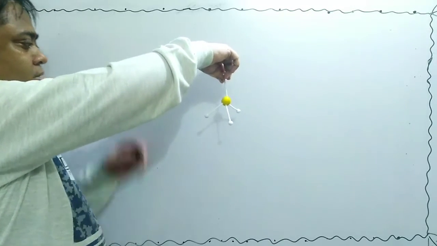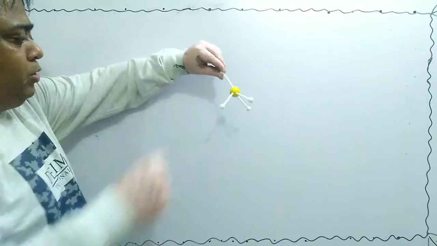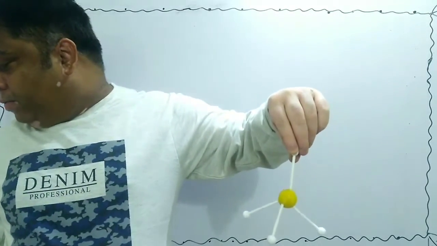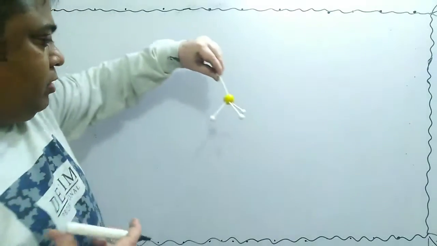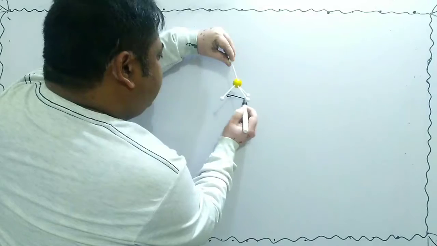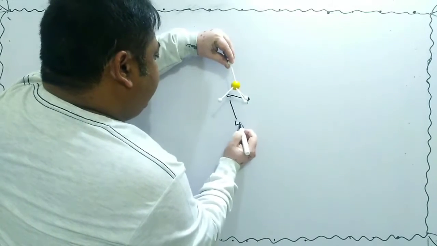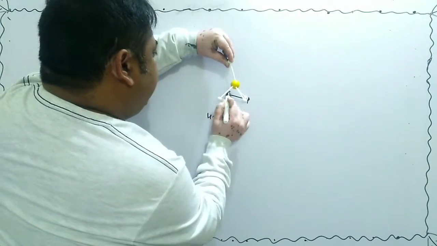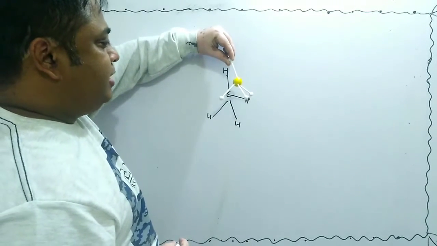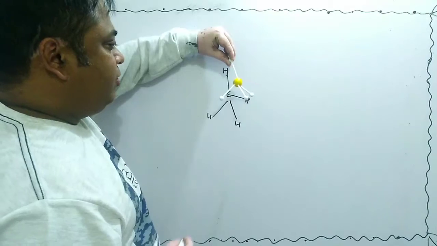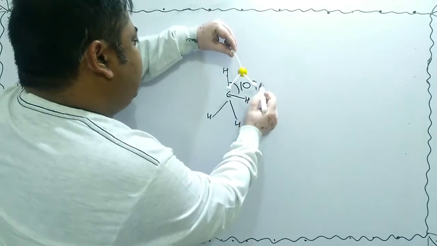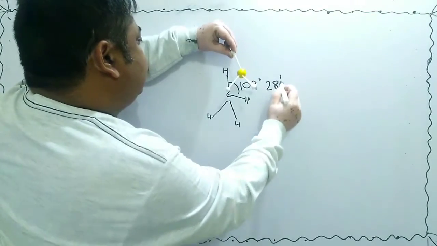So in two-dimensional structure, we write the projection actually. Whenever a teacher draws the molecule, what does the teacher do? They write down the two-dimensional projection. They will write carbon, hydrogen, hydrogen, hydrogen, and hydrogen. So it seems that all the hydrogens are in the same plane on the board, but they are not. These all have a bond angle of 109 degree 28 minutes.